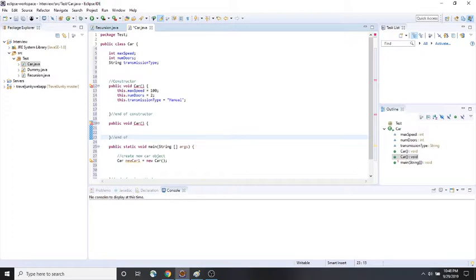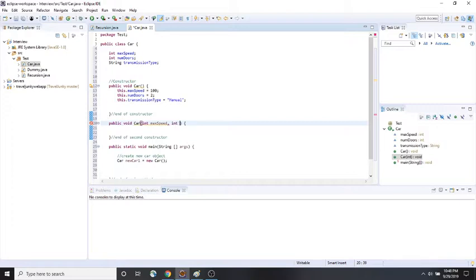And we'll just say second constructor. You can see this is giving me an error because it's basically saying you have multiple methods of the same type. But if I change this and pass in int, and then let's pass in a max speed,